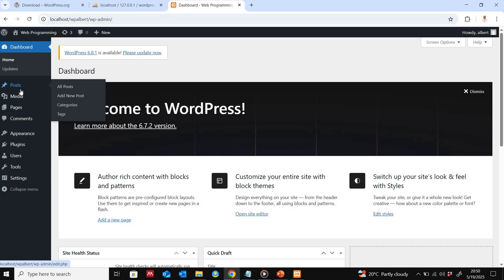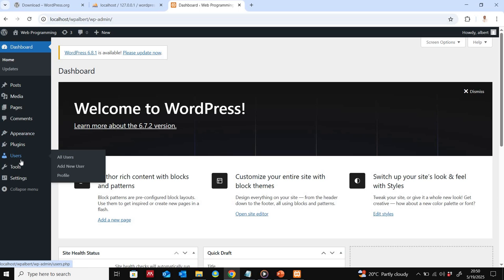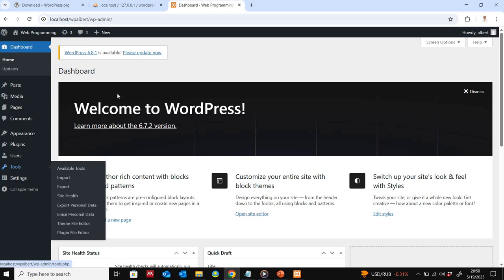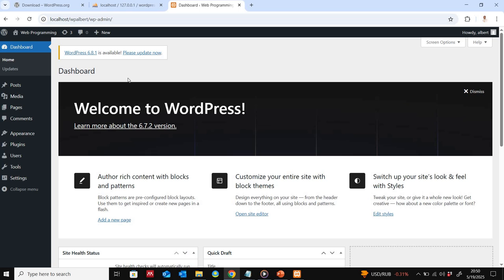We can add the themes. We can add the plugins. We can add other users who can update this site, who can go to this dashboard settings and change some content. So we can start by